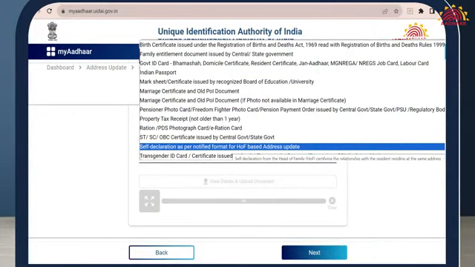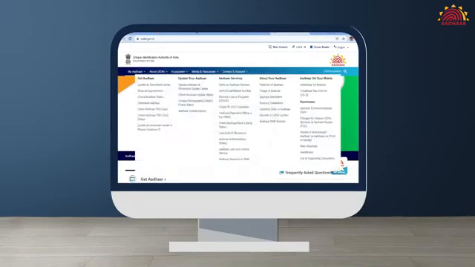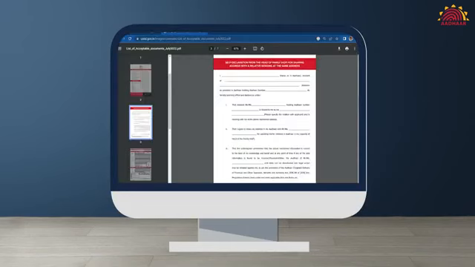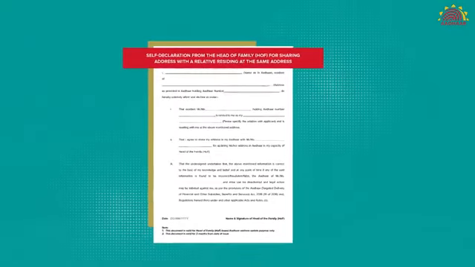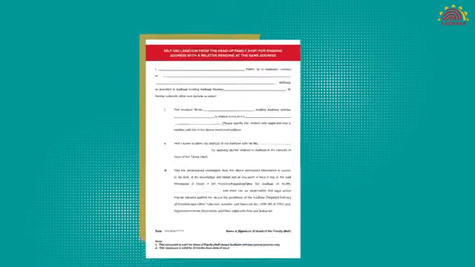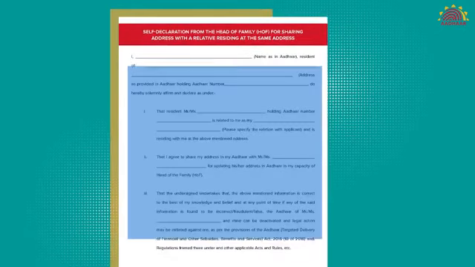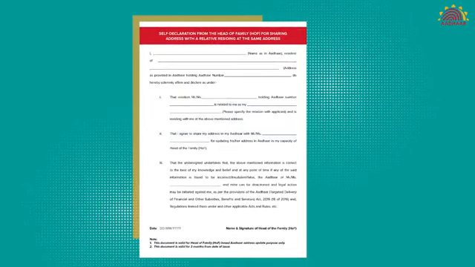In case even a proof of relationship document is not available, you may find a list of supporting documents on UIDAI's website, where you can find a self-declaration form in the UIDAI prescribed format. Fill the form and get it signed by the head of family. You need to fill the applicant's relationship with HOF: son, daughter or wife, etc. Scan this signed document and save it on your mobile or computer or laptop for uploading.